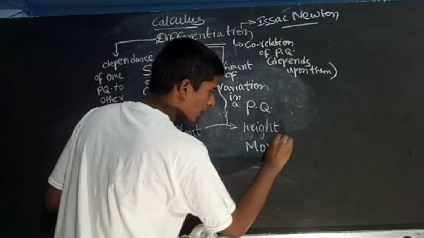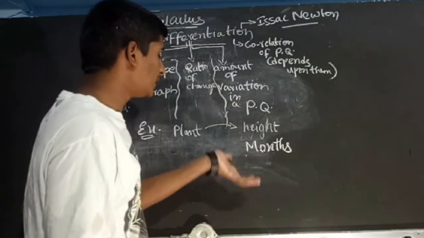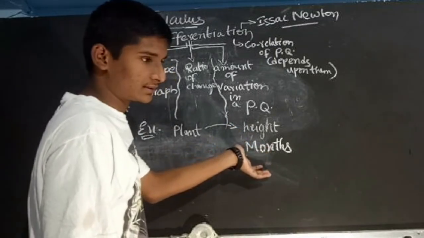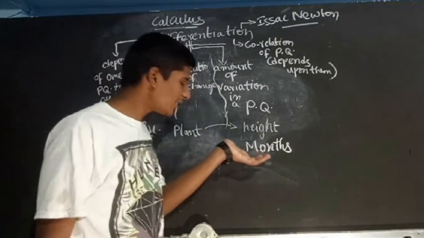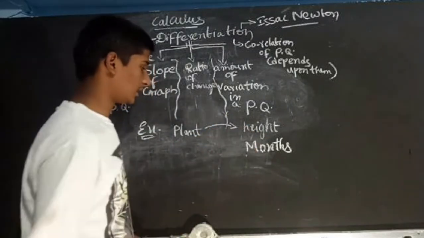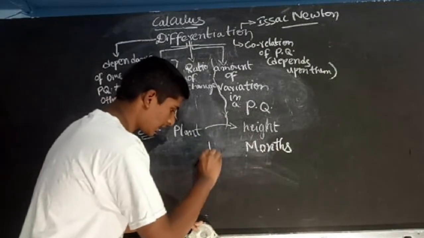Means we are going to check how much height it is growing in a number of months. If we take 1 month, how much height it is growing, that we are checking in this example. So we are taking a graph,